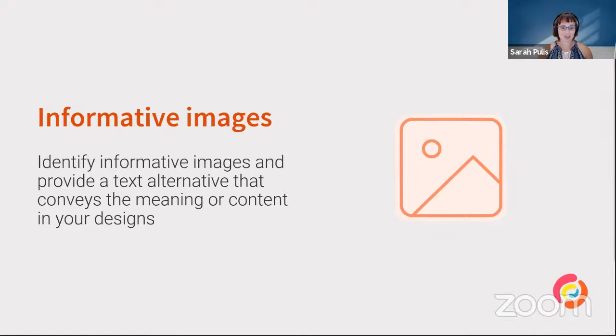So being able to identify and mark up our designs to say, this image is decorative and this image is informative. And when there is an informative image, provide that alt text. So all our developers need to do is go, right, I've got an informative image here. I've got my alt text. I know that I need to make sure it's marked up correctly as an image with a role of image. My alt text is there and I'm done.